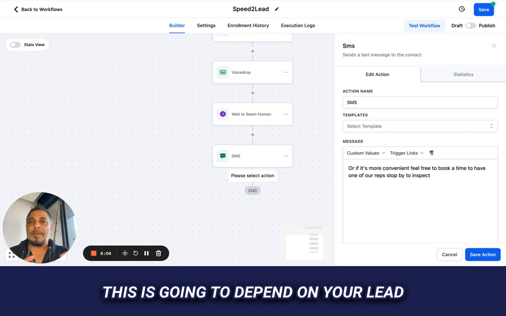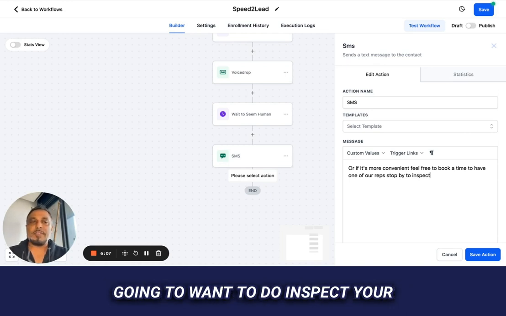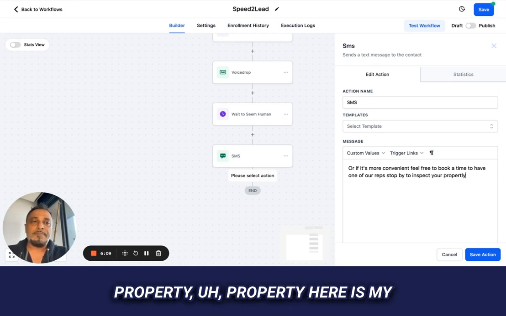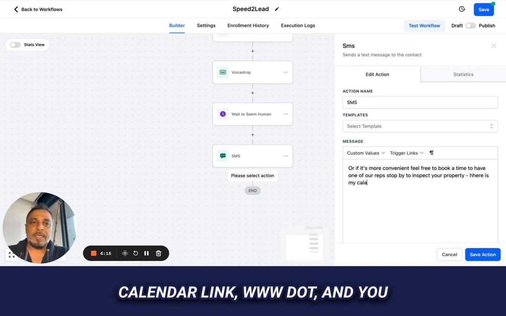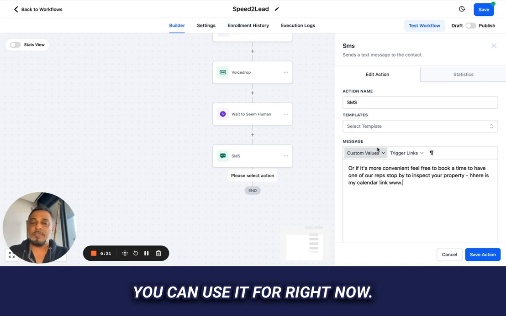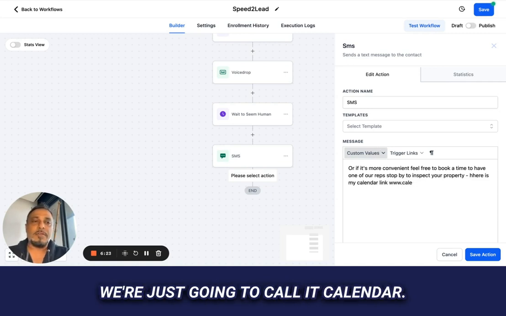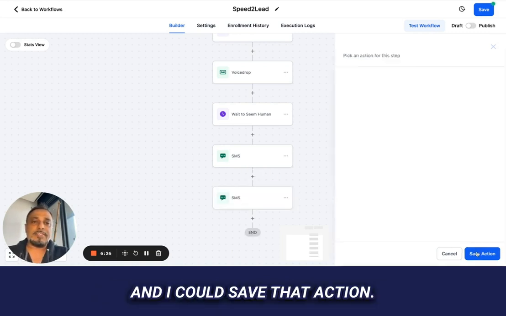This is going to depend on your lead type that you're getting, but you're going to want to do it, inspect your property. Here is my calendar link, www. And you have calendars inside of BUMS. You can use it. But for right now, we're just going to call it calendar.com. And I could save that action.